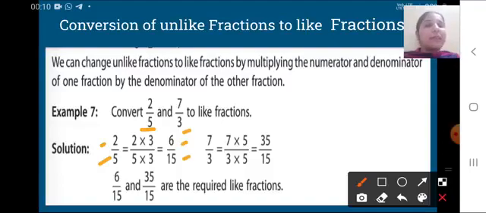And similarly, we will multiply the other fraction, both the numerator and denominator, by the denominator, only the denominator, okay, not the numerator. To make unlike fractions into like fractions, we always multiply by the denominator of the other fraction. So here we have multiplied by 3 and here we have multiplied by 5, that is the denominator of the other fraction. Here we got 7 5s are 35 and 3 5s are 15. So now both the fractions have the same denominator. It means they have been converted into like fractions.